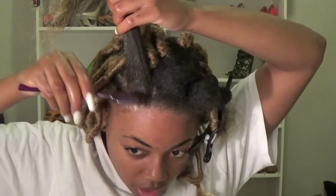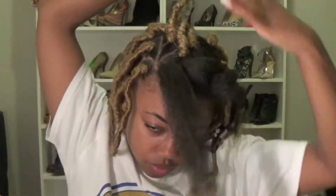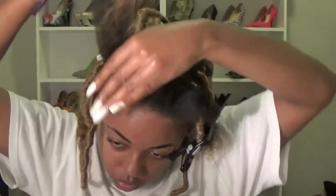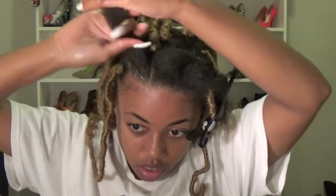So now I'm gonna just take some gel and my toothbrush just for my hair to get my edges together. So now that I've done that, I usually twist it just to give myself an idea of where I want to start the braid,